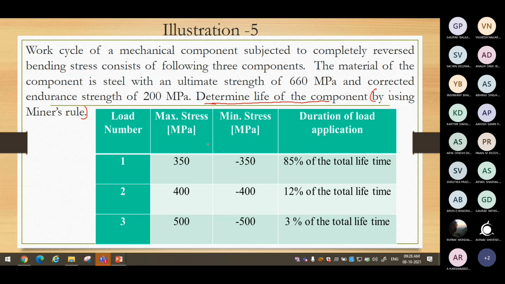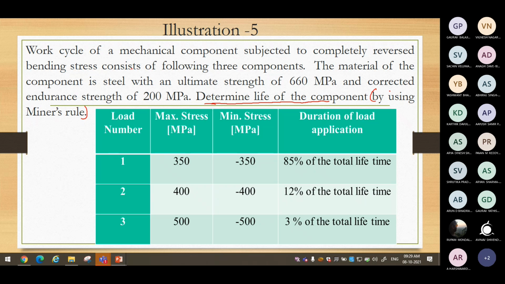Based on the data given, as a designer, you can choose which damage rule you want to go ahead with. Now here we can also choose Manson's double linear theory, provided we have corresponding data, or Marco-Starkey theory, or any other non-linear theory we can adopt. But we need to have data to use that particular theory. That is the first thing you have to understand before you start the numerical problem.